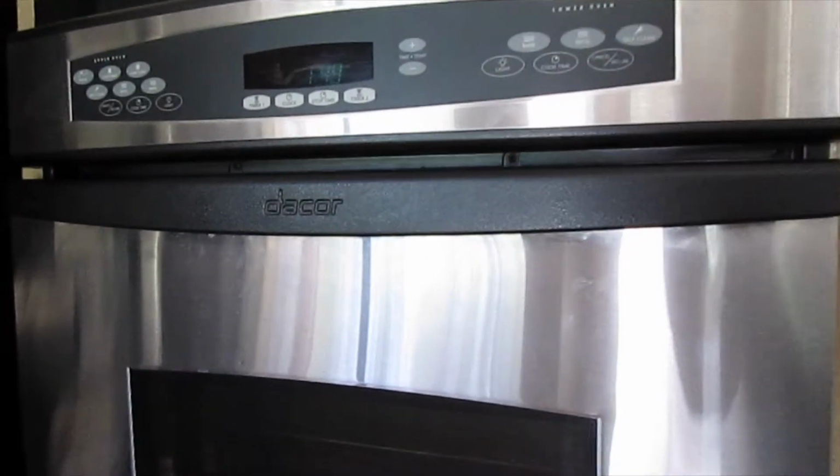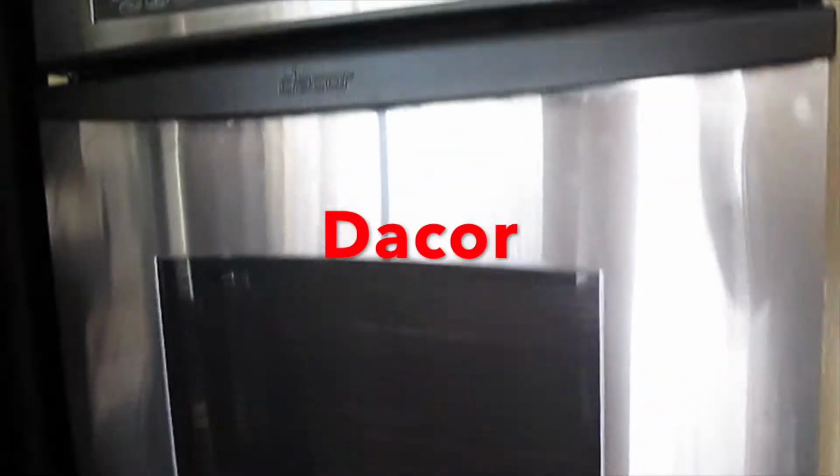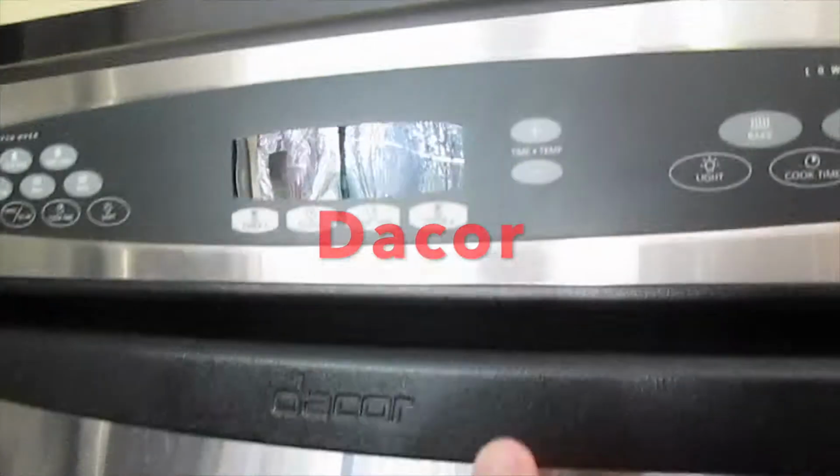Today we're going to be replacing 2 hinges on the top oven of a double oven Dacor. This was manufactured several years ago. Today it's 2019. This was manufactured way back in, I don't know, 03. This is model